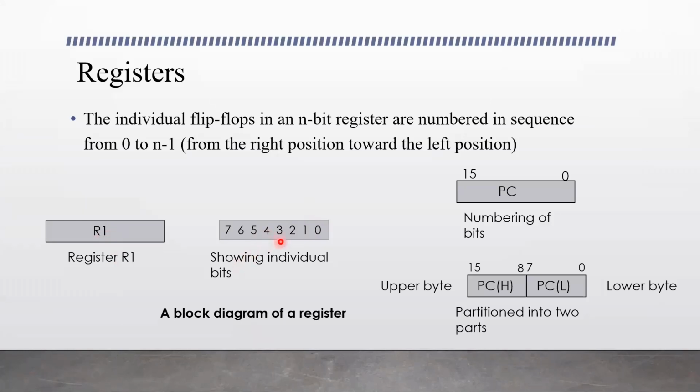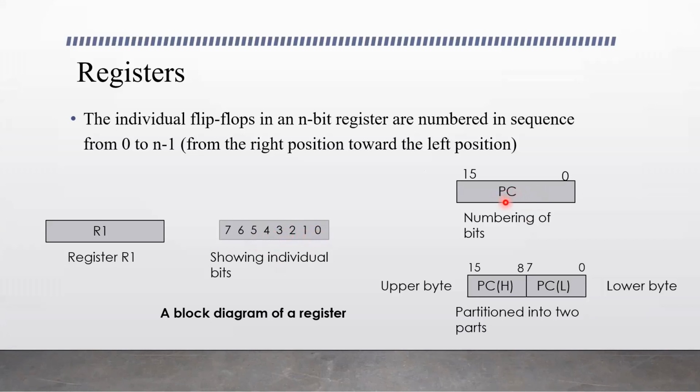And the individual bits can be referred to by position: the 0th bit, then bit 1, and the third bit of the register we refer to as bit 2. And how are these bits numbered? Here the bits of the register are shown: bit 0, and this is bit 1, and these are numbered.